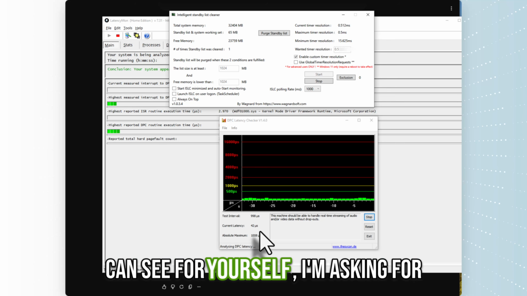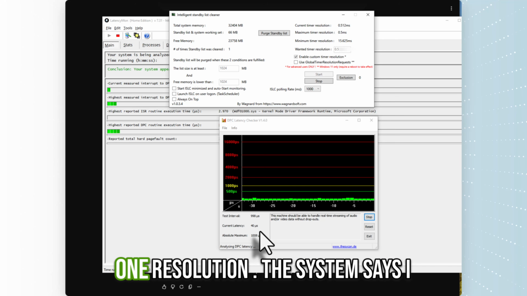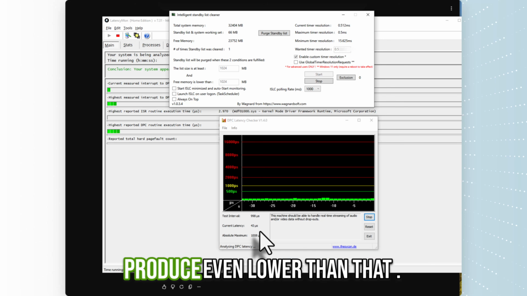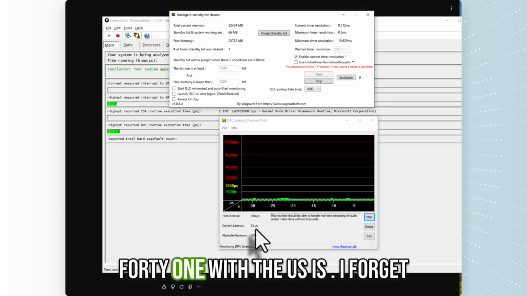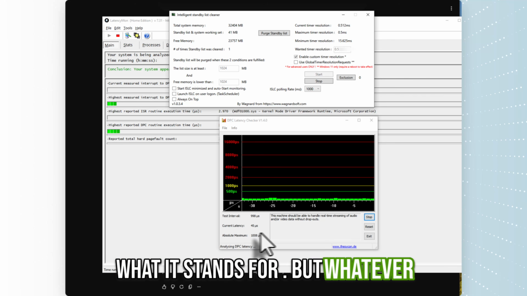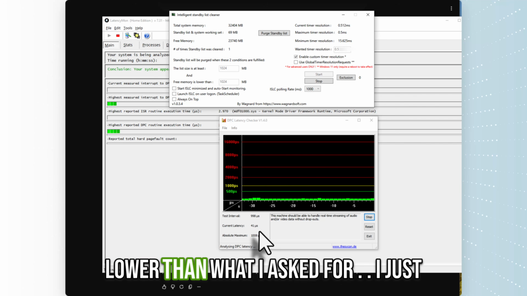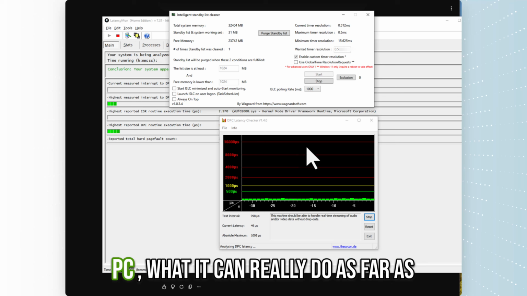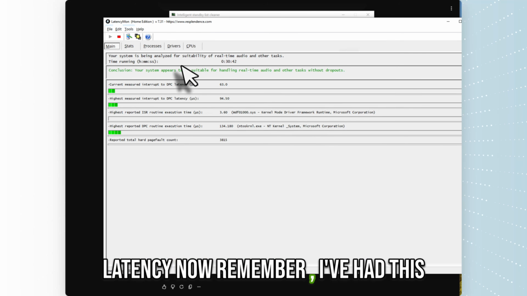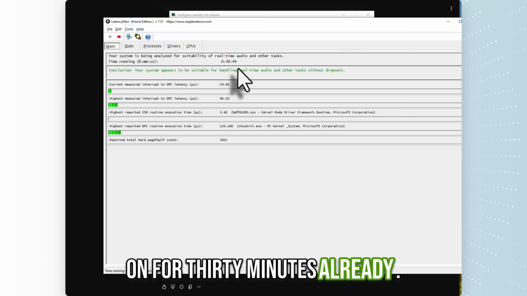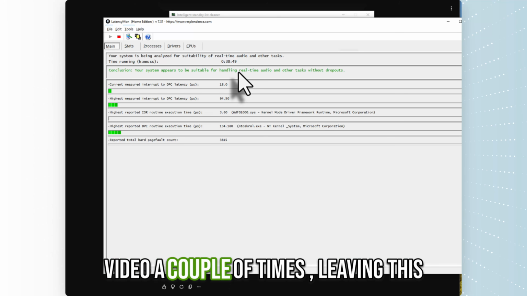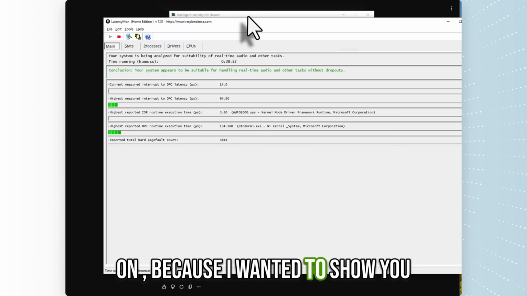As you can see for yourself, I'm asking for 1 resolution. The system says I can do lower than that and then produce even lower than that. 41, whatever that unit is, is 1,000 times lower than what I asked for. I just need you to see when I really tax my PC, what it can really do as far as latency. Now remember, I've had this on for 30 minutes already. I have edited this video a couple of times, leaving this on